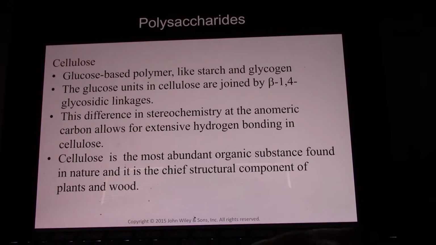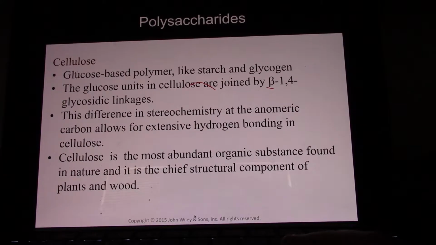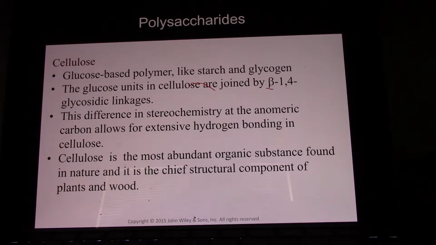Cellulose, now we have beta chains. So what separates cellulose from starch are the beta glycosidic bonds as opposed to the alpha bonds found in starch. Not many organisms have the enzymes necessary to chop up the beta bonds, and so not many organisms can consume